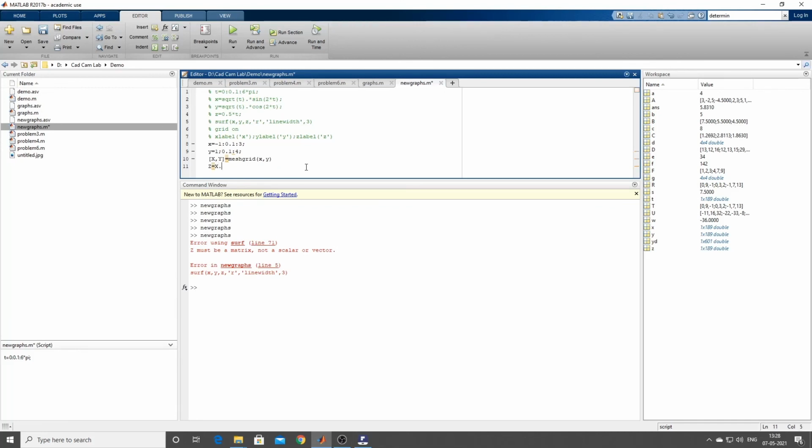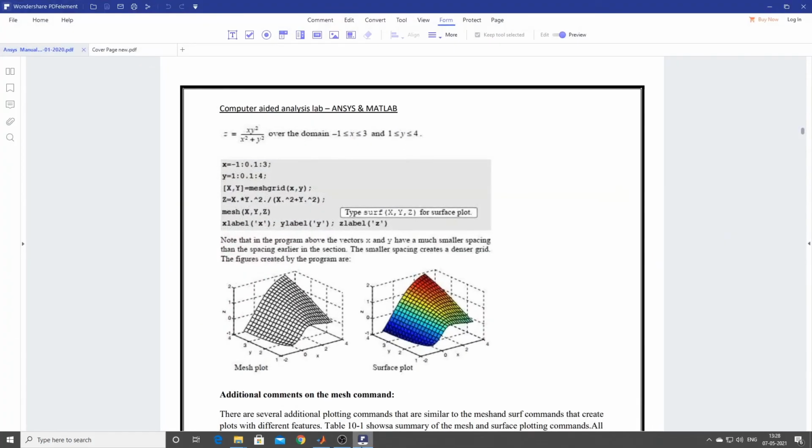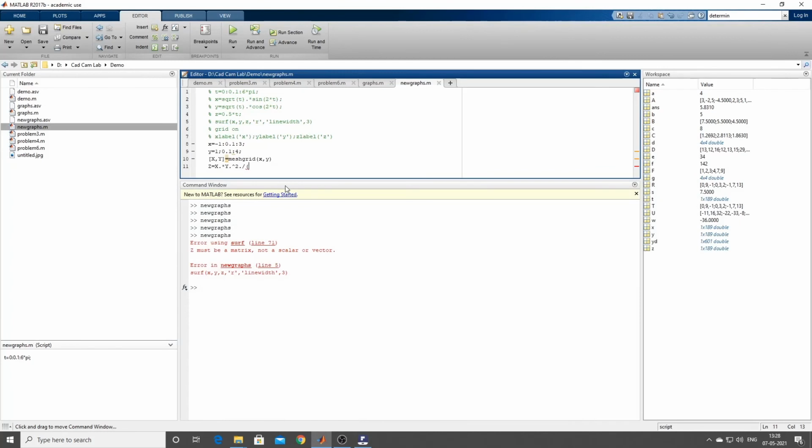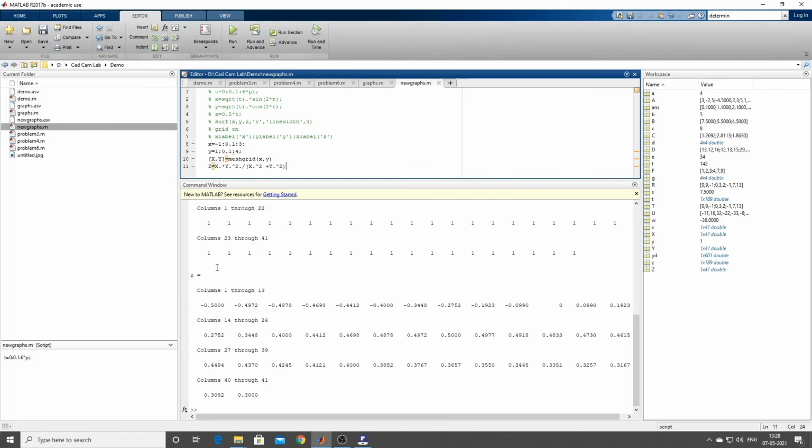So x dot into y again into dot to the power square. xy squared dot divided by x squared plus y dot to the power square. So let us only run this and see whether we are getting z value or not. So we are getting z value. Okay, mesh grid also we got it. Not a problem.